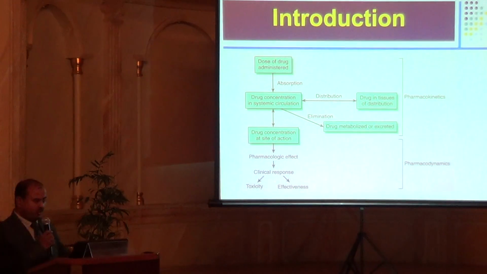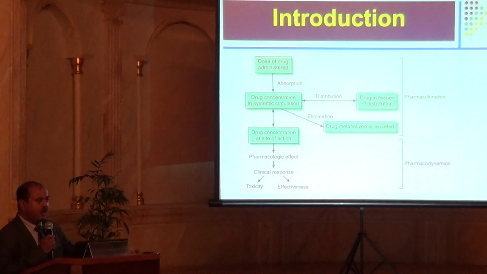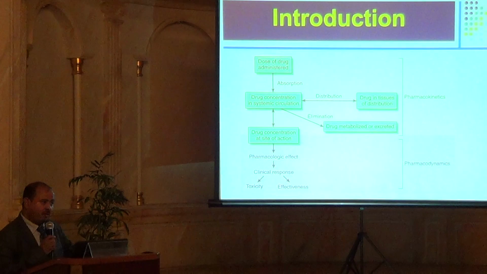So to start with, this is the journey of drug. So we have pharmacokinetics and the pharmacodynamics. All of us know pharmacokinetics means what the body does with the drug. So absorption, distribution, metabolism, and elimination are the main components of pharmacokinetics. Pharmacodynamics means what is the behavior of the drug with the body. So it is either effectiveness, efficacy,